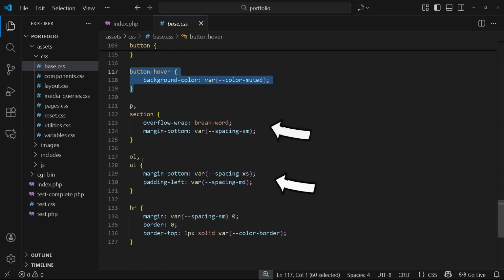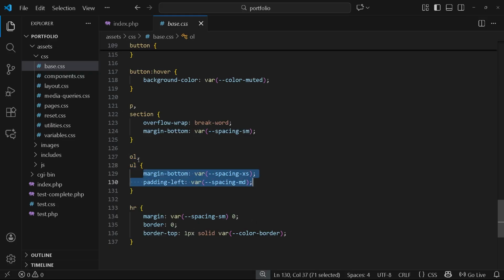Since we removed their default margins, we have to manually add them back. Things like UL and OL and P all get spacing reintroduced so the page doesn't collapse visually. I also keep this entire base section minimal because the selectors have the lowest specificity, which is exactly what we